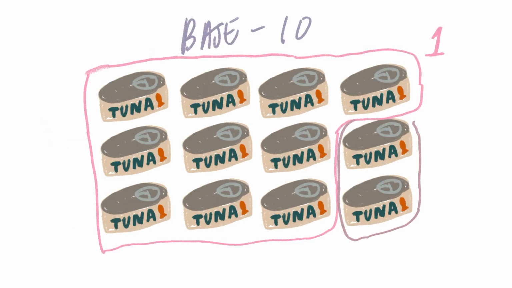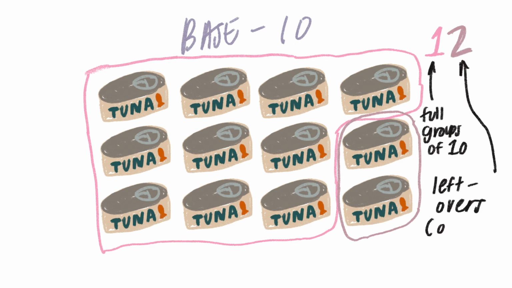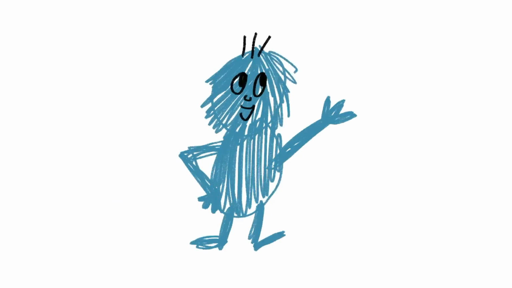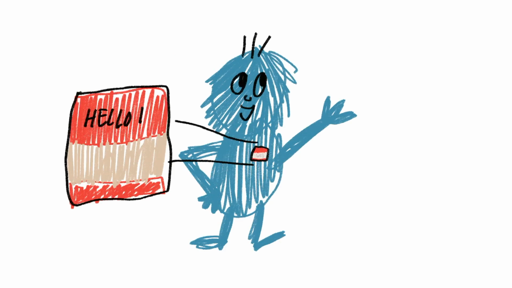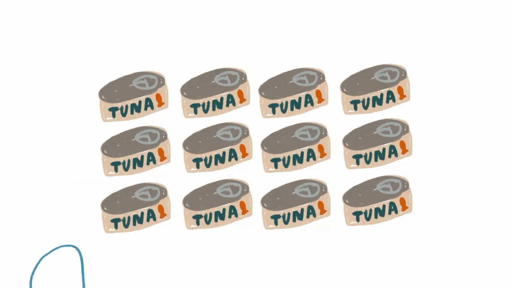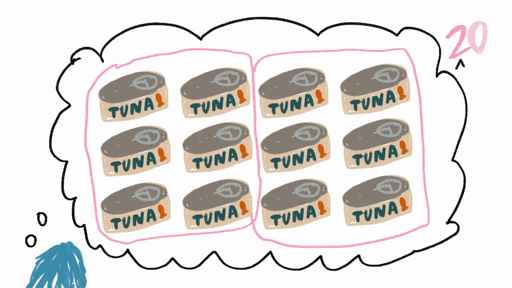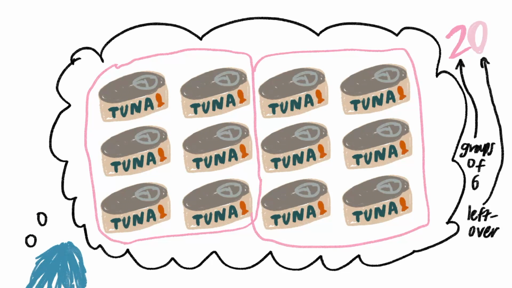How many cans of tuna can we see here? There's 12, which represents one full group of 10 and 2 left over. But what about Manny the monster? Manny has 6 fingers total, which means he counts in base 6, or in groups of 6. He'd say that there's 20 cans of tuna because he sees 2 full groups of 6, or 2 full hands